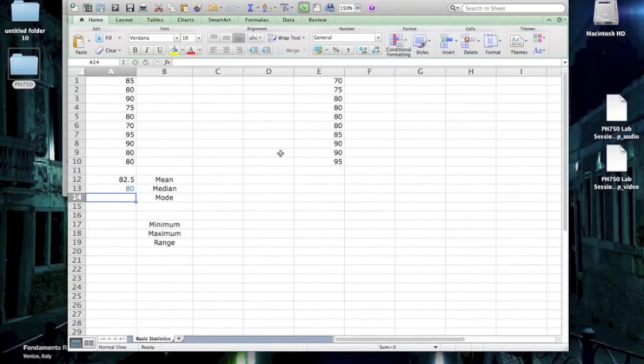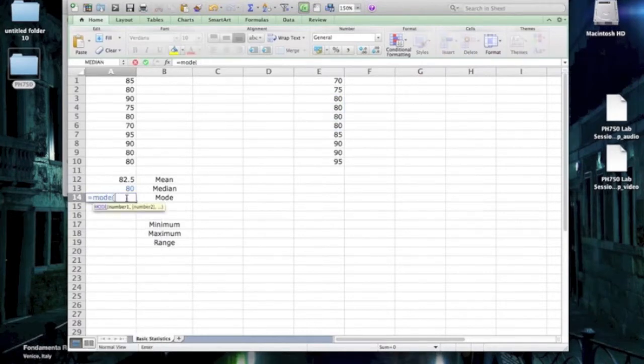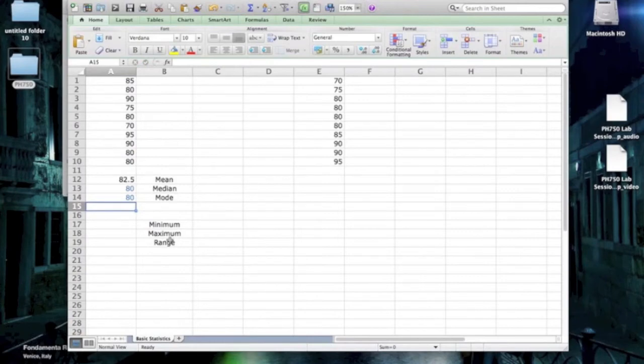The most frequent value is the mode. What's the most frequent value if you look at it now sorted? 80. Let's see if it works. Equals, see if there's a function. MODE, parentheses, sure enough. And I'm going to take the mode of all these numbers, and it's 80, which is